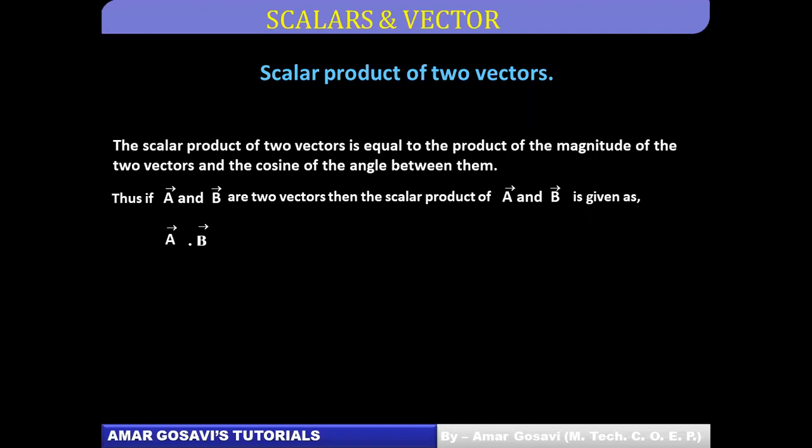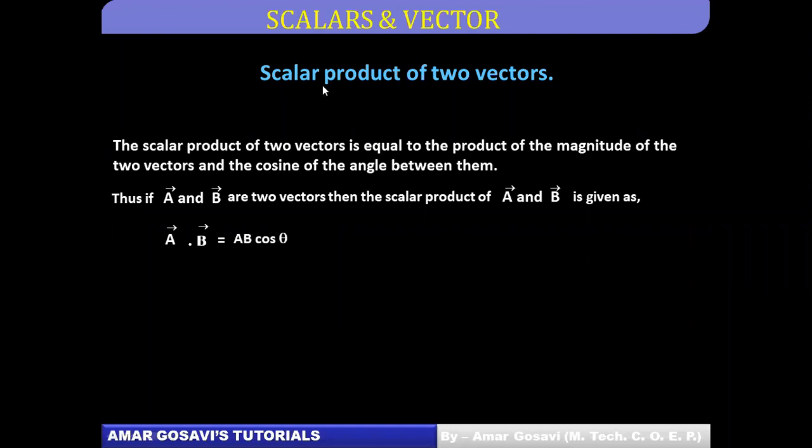Today we want to concentrate on the first type of multiplication, and that is scalar product, where the product is represented as a bar dot b bar, and therefore the name of scalar product can also be dot product, okay? So let's understand how that is defined. a bar dot b bar will be equal to the product of the magnitude of the two vectors, a and b, and the cosine of the angle between them.